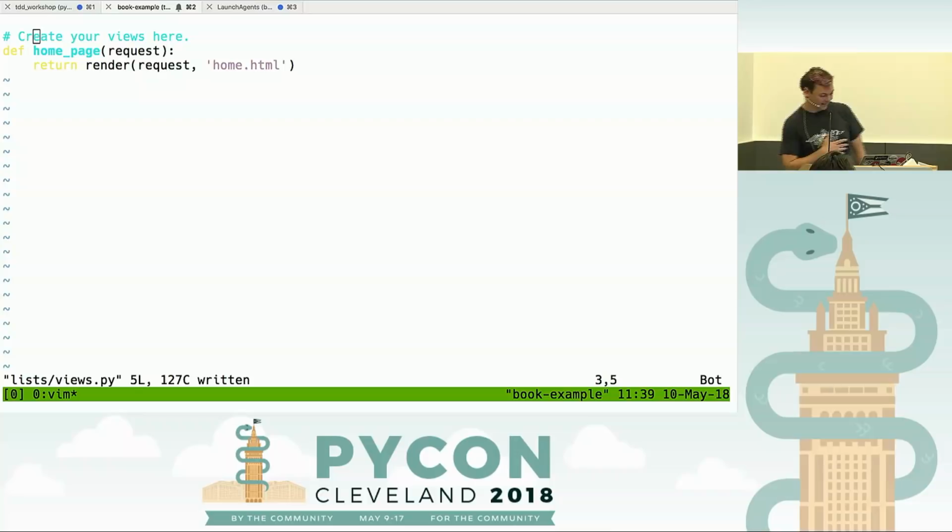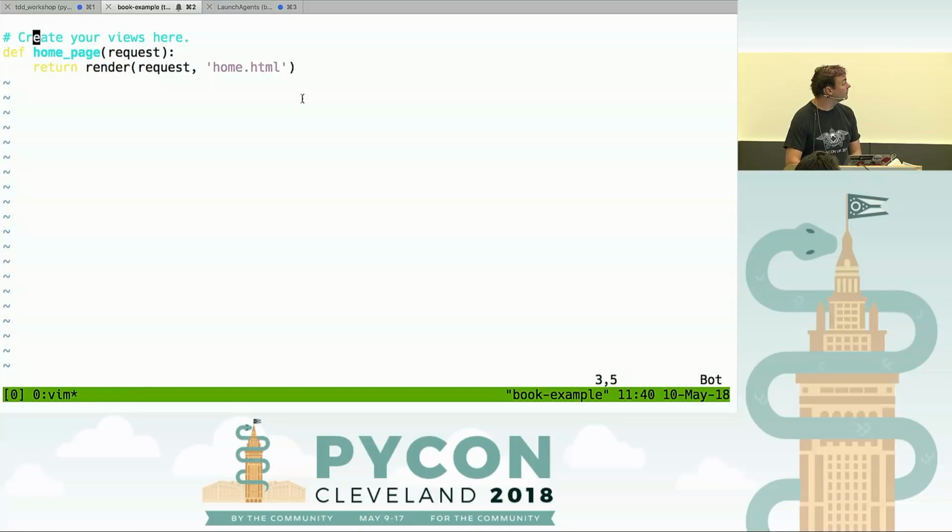Yep. Okay, is this font big enough? Should we embiggen it a tiny little bit more? Command-Shift+. How about that? Is it readable? Okay, good. All right, so